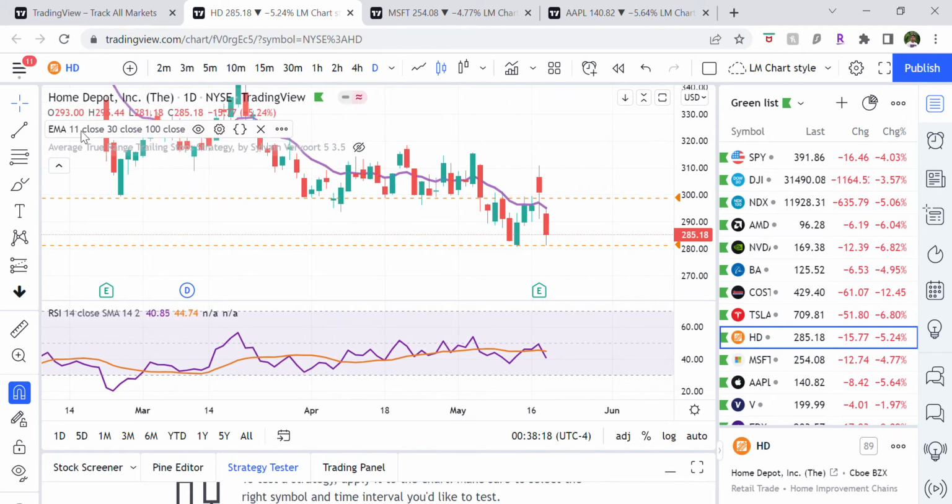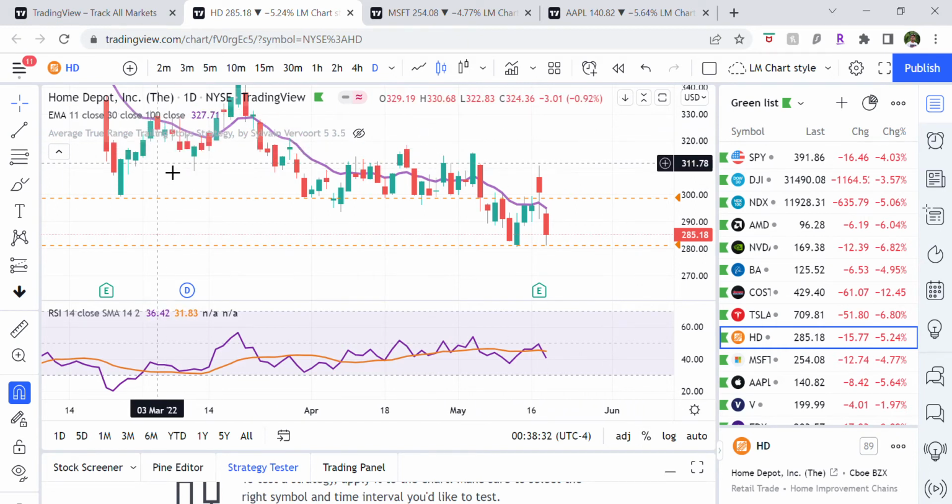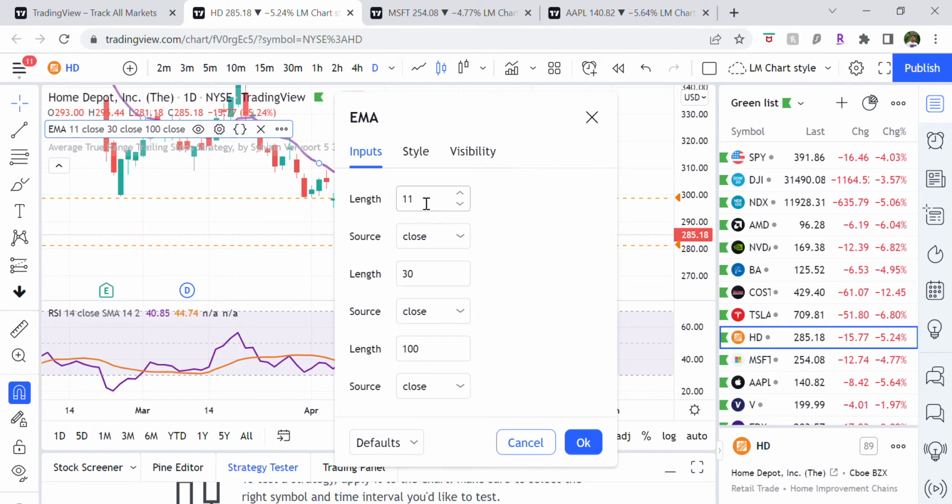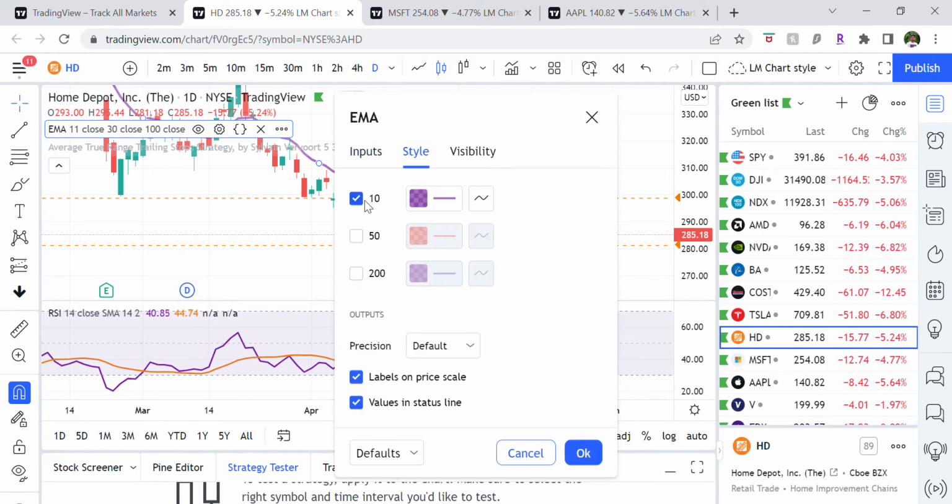you should keep an indicator, that is EMA, that is exponential moving average. Okay, there are a lot of free indicators given in TradingView. You can use any one of them, and then you put it to a value of 10 or 11. Anything is fine. For example, if you go here, I have set the first length as 11, the second length as 30, and the third length as 100. Okay, if you want to view, I am just viewing the first one, that's the 11 EMA, and the remaining two I have removed from the checkbox so that they're not visible on